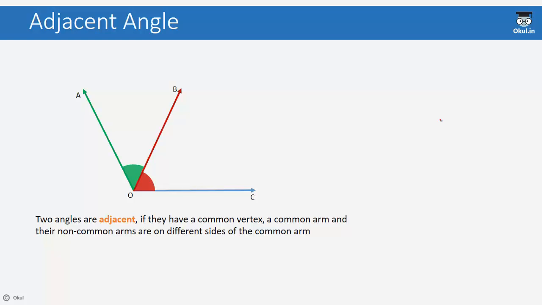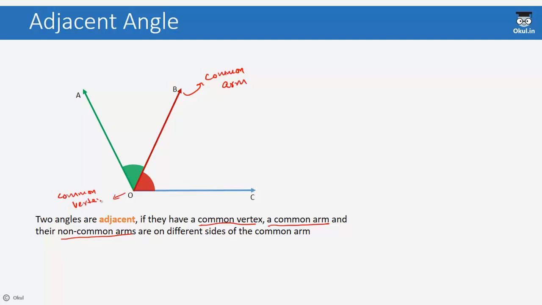What are adjacent angles? Two angles are adjacent if they have a common vertex, a common arm, and their non-common arms are on the different sides of the common arm. So I'm going to explain this with the help of the given example. So in the given figure we see that angle AOB and angle BOC, OB is the common arm and